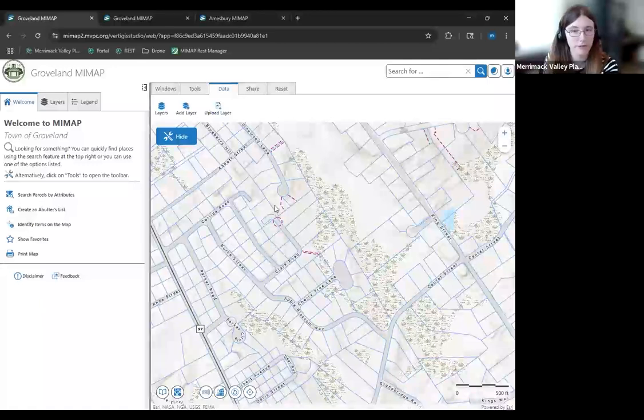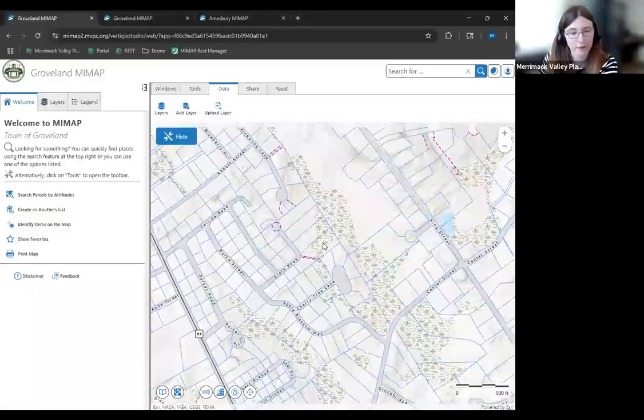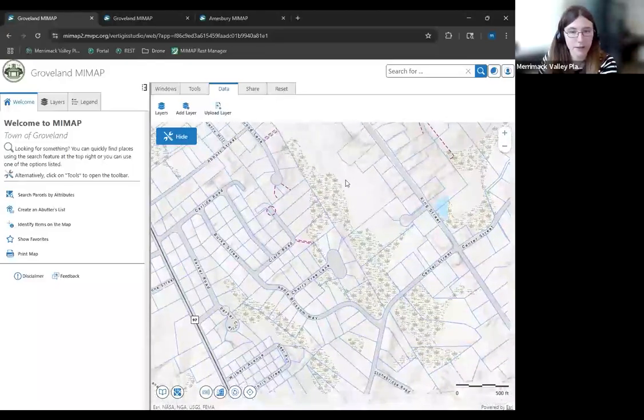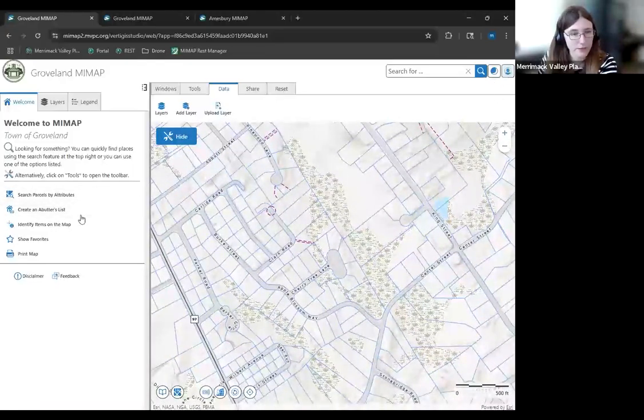The availability of your private and secured layers is completely up to you, who you want it to be visible to, and what you do and don't want to be visible, all that sort of thing. You can always talk to us and we're happy to help you decide what you want. Right now, as I mentioned earlier, we just mirrored current MyMap to be one-to-one with what it is. But here you can notice once I've logged in, now I can create an abutters list. And if I go to the tools menu here, it also pops up here.